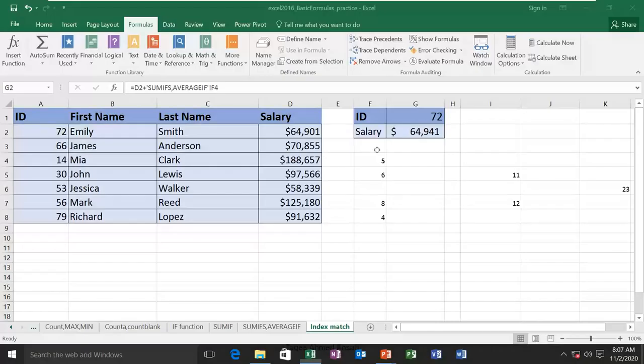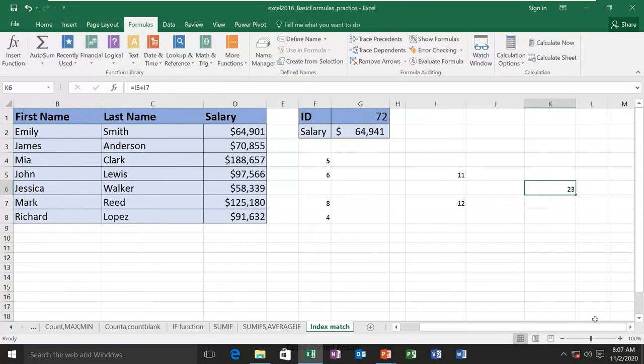For example, here if you see, these values are depending on these cells. So if I change this one to 6, you can see it is also changing this one and also this one. Why? Because it is set to calculate the formula automatically.